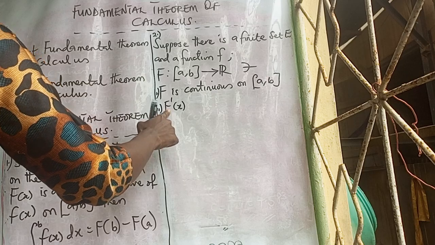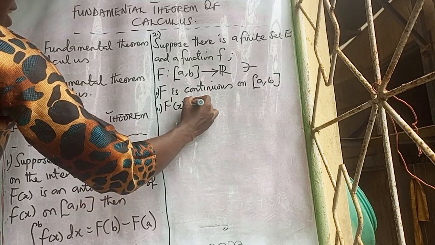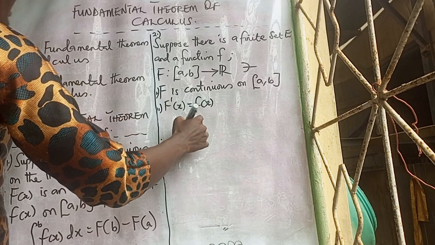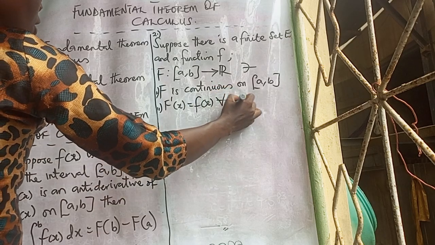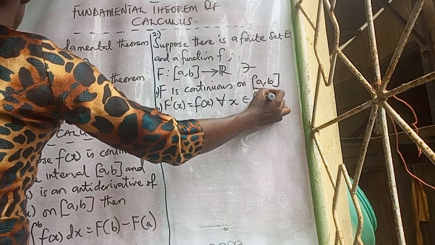The differential of capital F of x equals small f of x for all x element of AB,